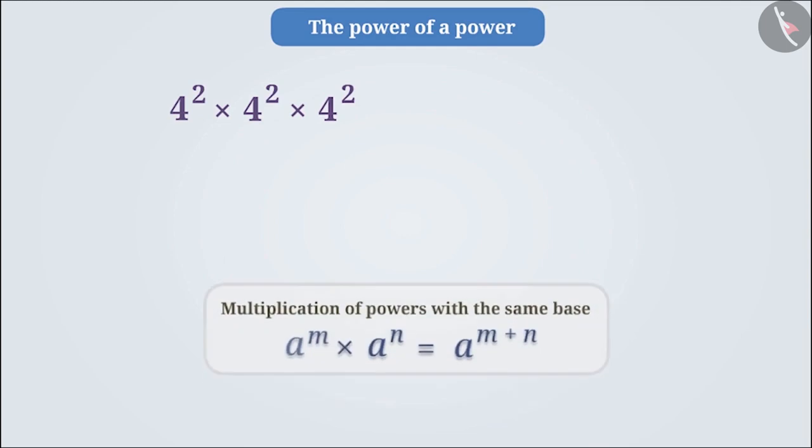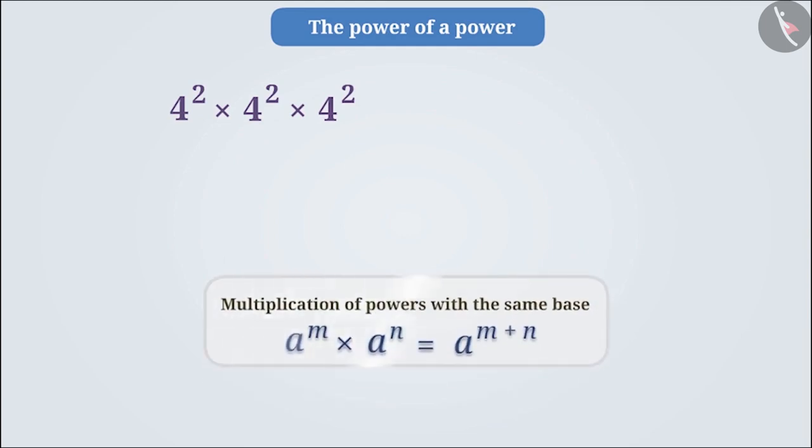Can we take the power of a power? Let's find out. Solve 4 square into 4 square into 4 square. According to the law of exponents, during multiplication, the power of the numbers having the same base can be written as 4 to the power of 2 plus 2 plus 2, which is equal to 4 to the power of